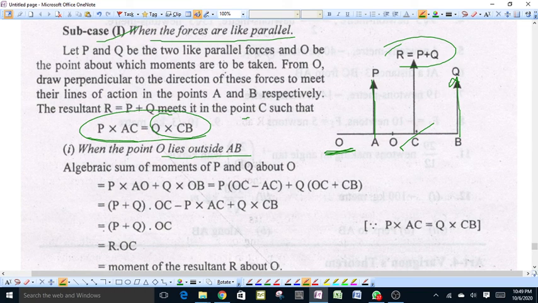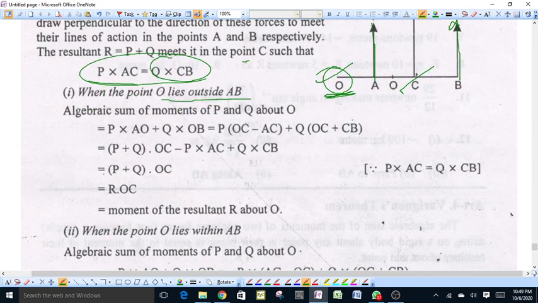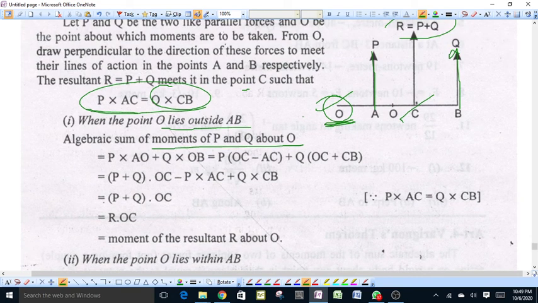Suppose O lies outside AB, on the line joining AB. Now the algebraic sum of moments of P and Q about O is equal to P into the perpendicular distance AO plus Q into OB. That will be equal to P into AO, which can be written as OC minus AC, since OA is equal to OC minus AC,